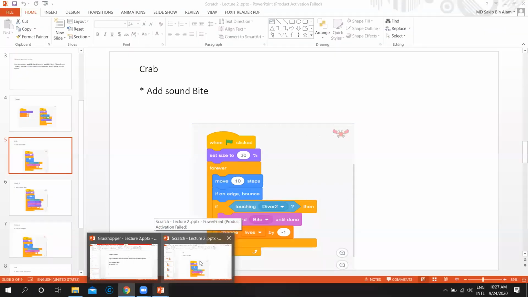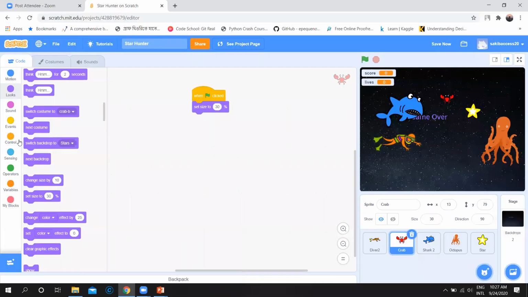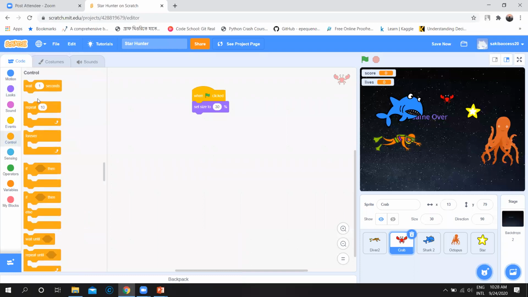Then add a forever block and move it. Click on control and add a forever block. Why are we using a forever loop? Because it's a continuous process. We will do the same thing again and again. If you don't use a loop, it will do the job only once. But if you add a loop, it will do things again and again.